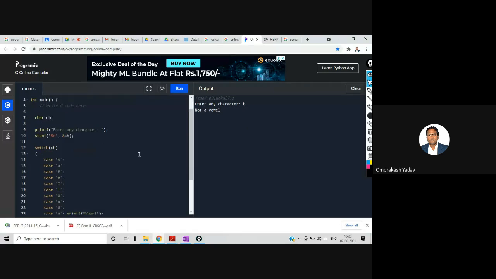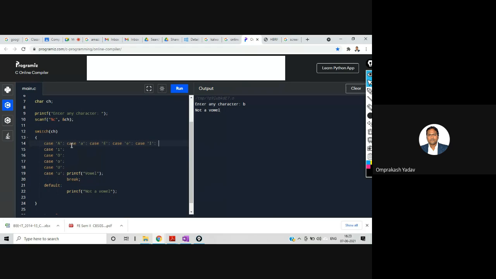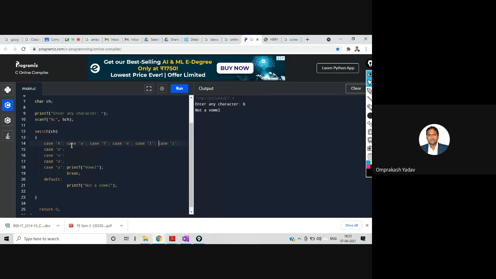Right. So this is the program. Let me check whether in one line it will work. Here the margin is less. No, the margin is less. Leave it. Okay, so whether all of you understood this?